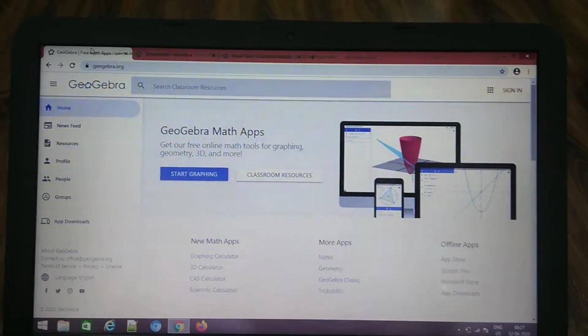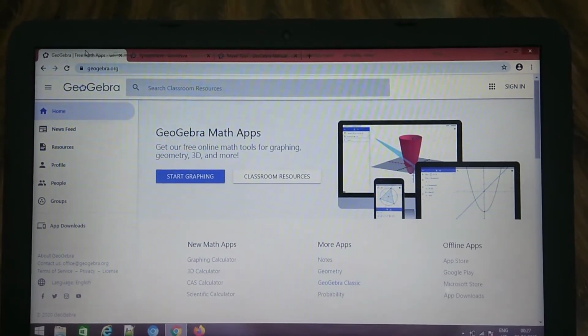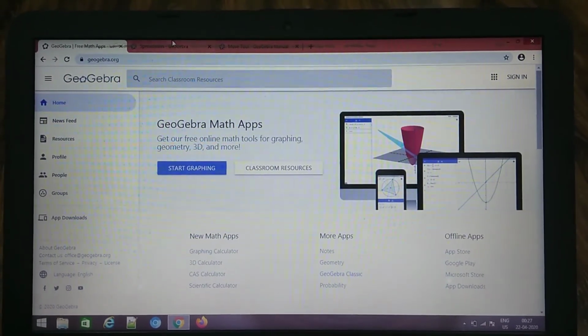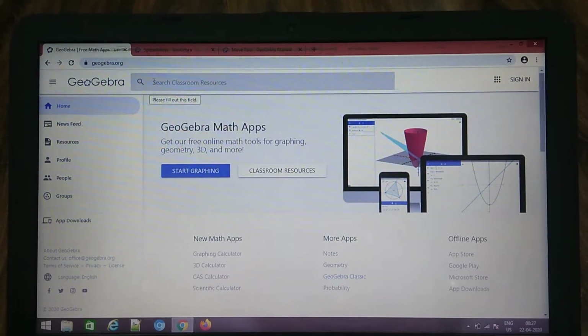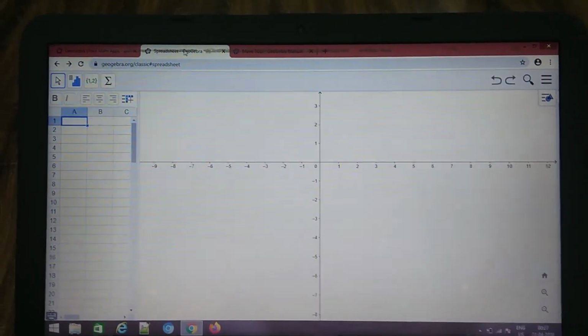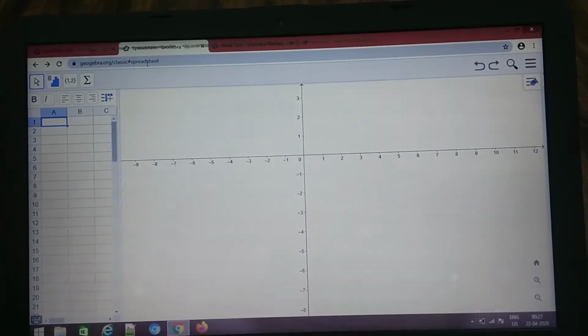Okay, so now on page number 10 there is an activity given. That is using ICT tools you have to solve. In front you can see the ICT tool software which I have downloaded over here. You have to just download the software. Next we have to come over here in classic spreadsheets. In classic spreadsheets we'll be checking our equations.